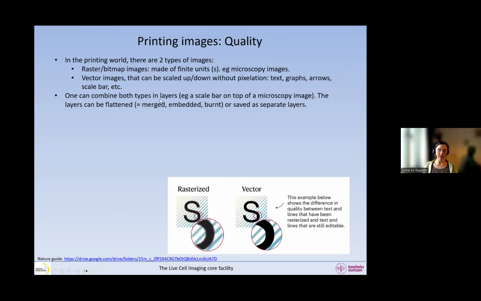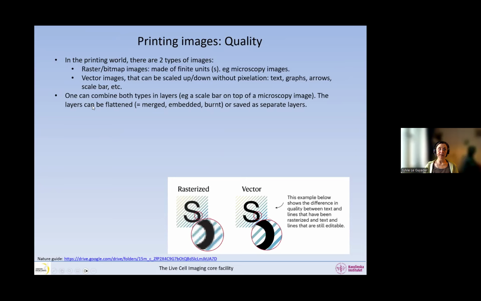We can combine the two types of images as layers. So you can lay a vector image layer on top of a raster image. And that's very great, because we have a raster image from our microscopes, and then we can lay the annotations as an extra layer. But the layers can be flattened if needed. Flattened is sometimes called merged, embedded, or burnt into the image.